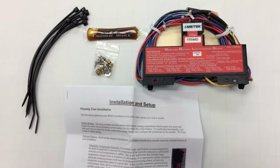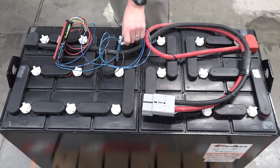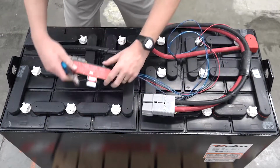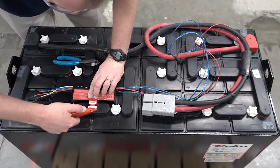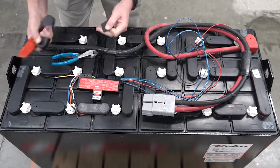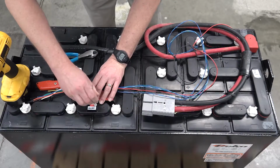Your WBID kit will come with the device itself, a bag of hardware, no-aux grease, zip ties, and an installation and setup manual. Start by untying the identification device and placing it onto a centrally located terminal cover. Use a utility knife to mark the outline of the device's temperature sensor, and then cut out the plastic where marked. Put the terminal cover back in place and hold the device onto the terminal while marking holes to be